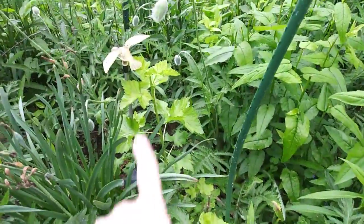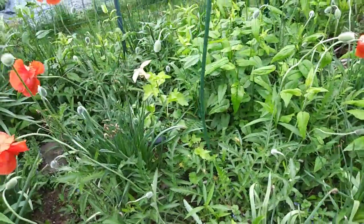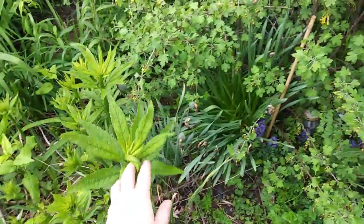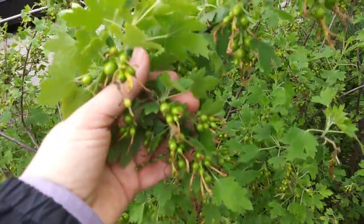This is the new Jostaberry. Already putting on a lot of growth. That's fantastic. This is the Joe Pye, about 3 foot tall. And this is the old Jostaberry,